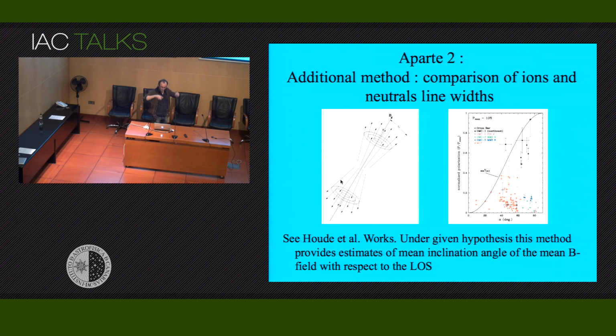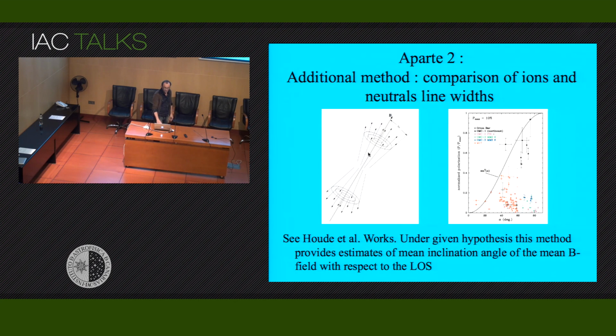wings in the spectrum. The idea is that if you've got a partially ionized medium with a uniform field which is dominating over the turbulence, the ions will see the magnetic field. There are flows into the molecular cloud, but the neutrals will go straight. So this difference of dispersion in the lines of the ions and the neutrals